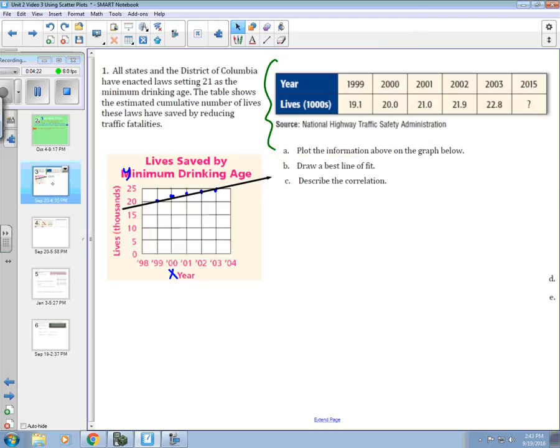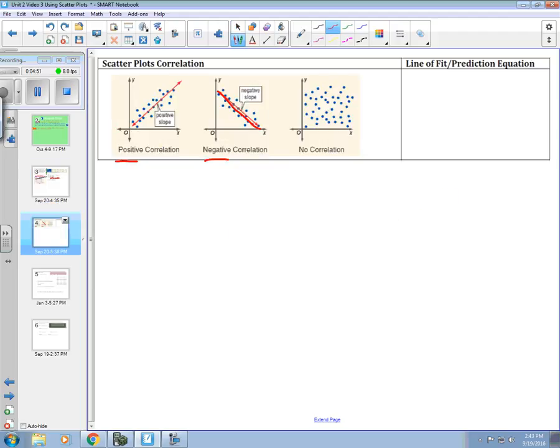If we look at the points here, it looks like they are generally trending up. So we would say this one has positive correlation, meaning we should get a positive slope later on here. Okay, next, write a prediction equation. Now, your prediction equation is the equation of the line of best fit. So when we talk about prediction equation, there's a place to write this in your notes. It's a line